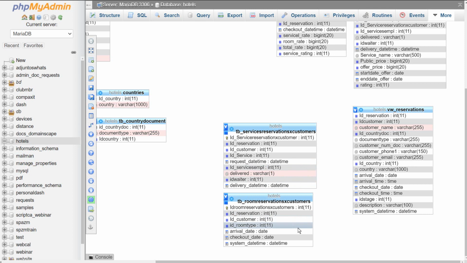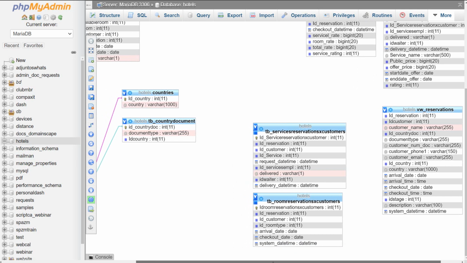So we have then the same relationship for the room reservations X customers. So here we have the reservation ID, the customer ID, the room type ID, as well as the arrival date, checkout date, and the system date time of the user. Okay, so if I scroll over here to the left,